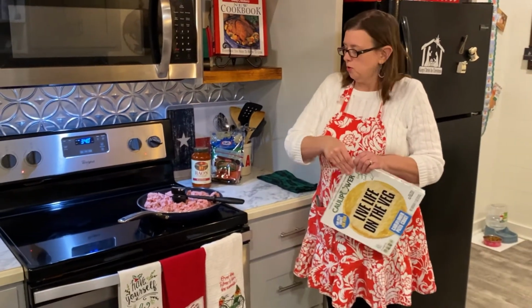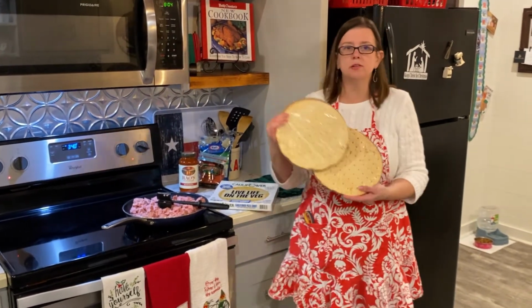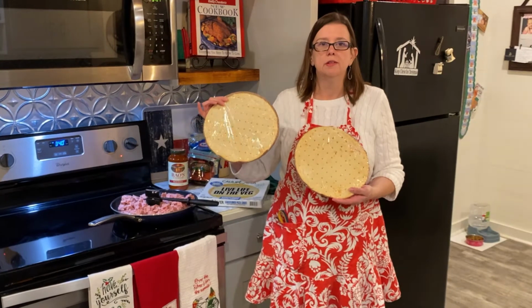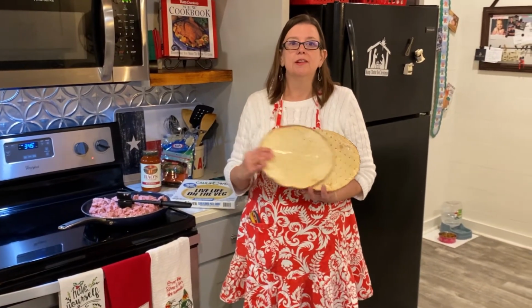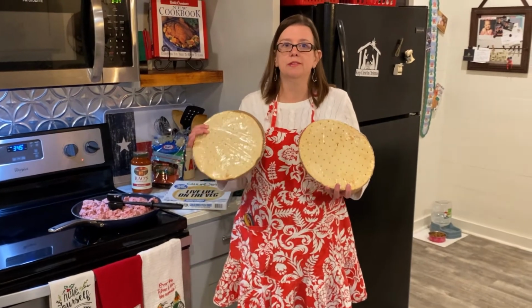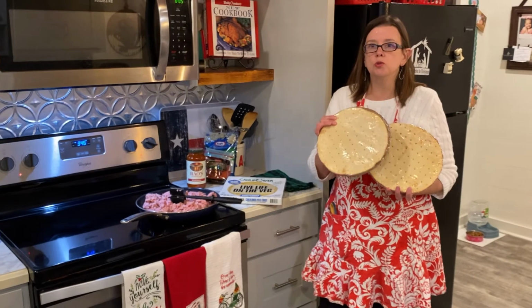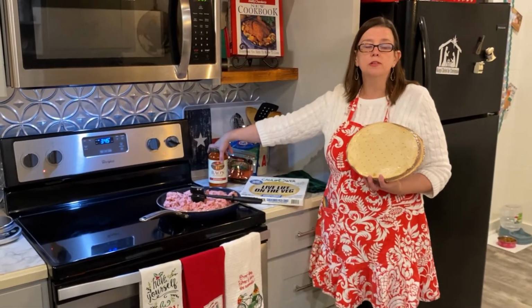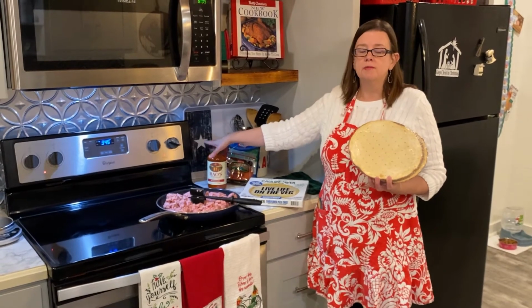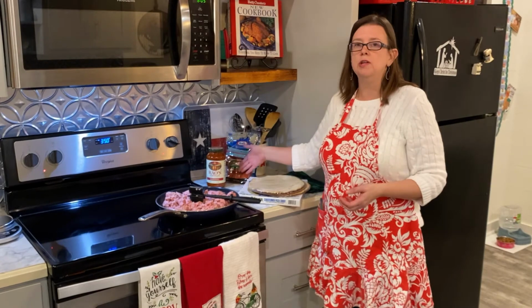So I want to show you that inside the pizza box, there are 2 pizza crusts. So for this lean and green pizza, we each actually get our whole entire pizza to eat for dinner. The pizza crust counts as 2 greens, and the Rao's sauce counts as 1. So you get your three greens in your pizza, and then the lean is the ground turkey